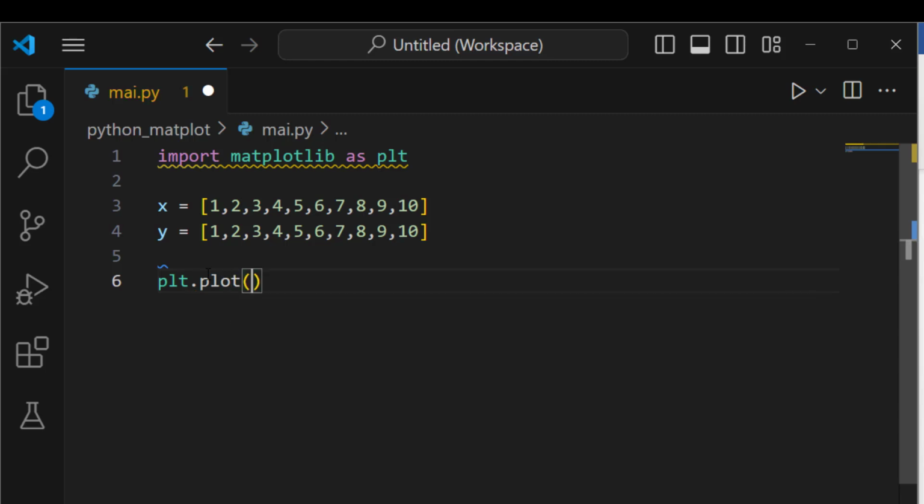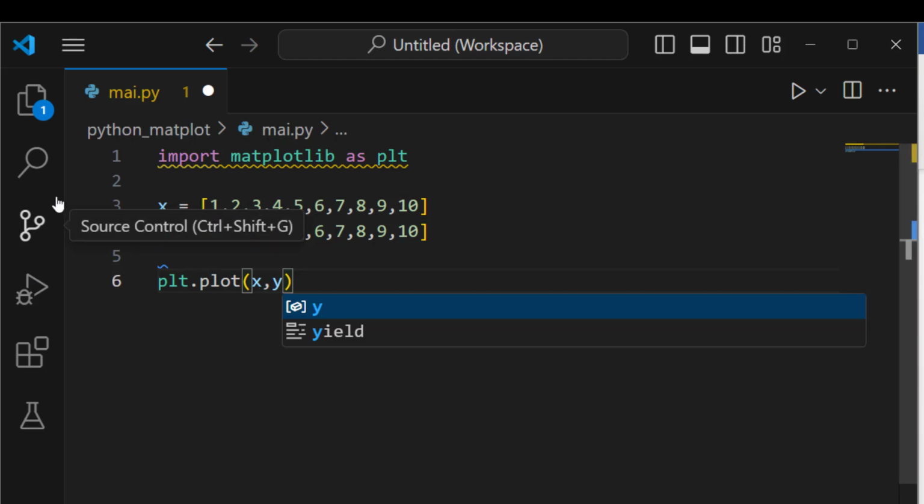Plot is used to plot the graph in Matplotlib. Let's plot x and y. The x will be on the x axis, and y will be on the y axis. Y is for vertical, and x is for horizontal.